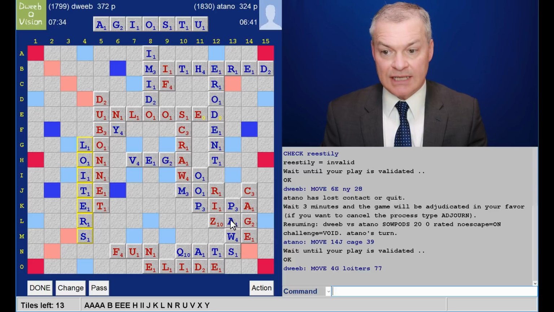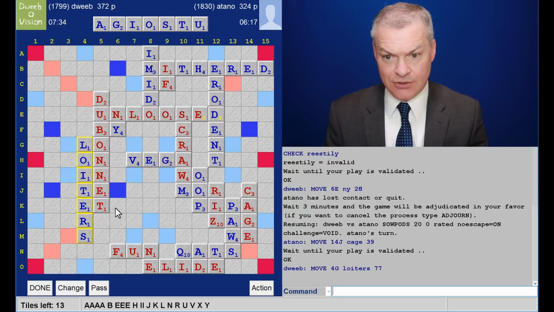Now I have the final S, and Zags is good. So definitely worth hanging on to that S. The best I can do right away, well, hang on to it or play it in this spot. I have Stoa. 33 points. That's a nice score to have in your pocket when you're 50 points ahead and you're entering the